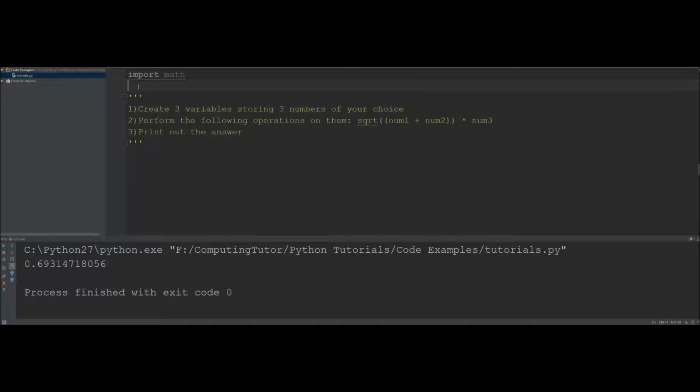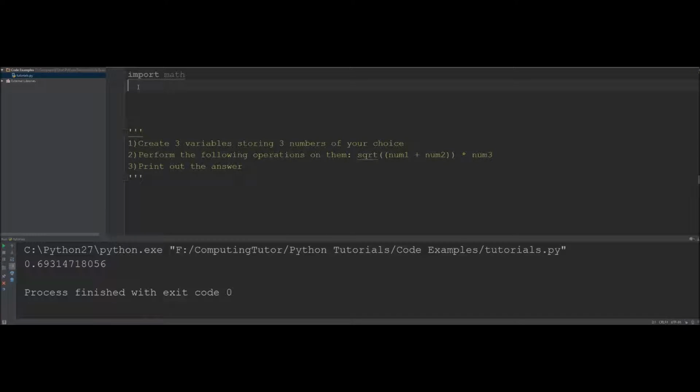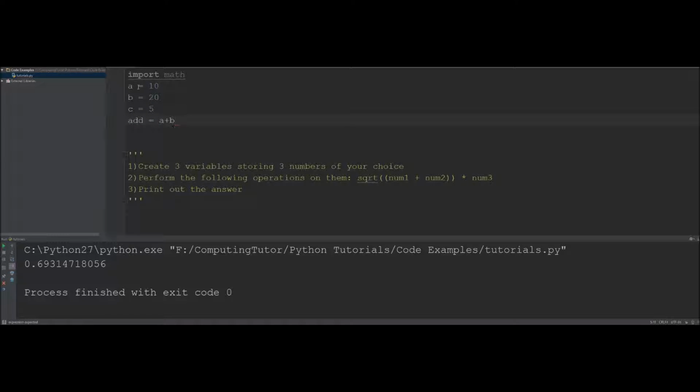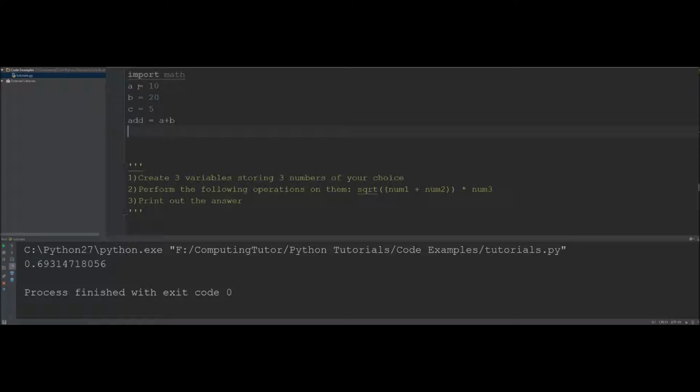Okay, welcome back if you had a go. So let's see how we can approach this then. So I'm going to create my 3 variables first, A, B, C, and let's say I had 10, 20, and maybe 5, and first of all I'm going to want to add my 2 numbers together. This is just one way you could approach this. I could say add equals A plus B, and then next I'm going to want to take the square root of that, so I could say root equals math dot square root of add, and then